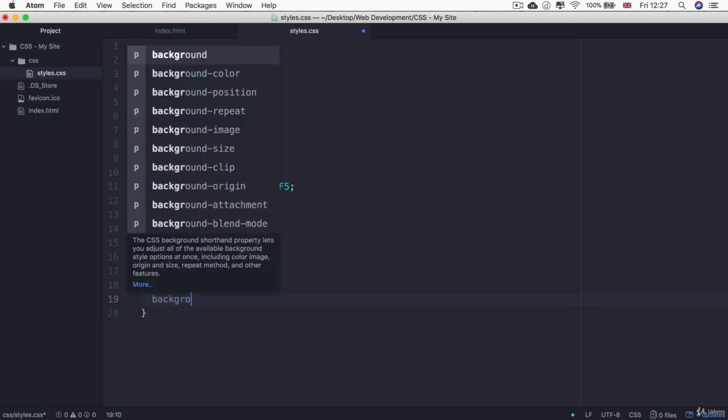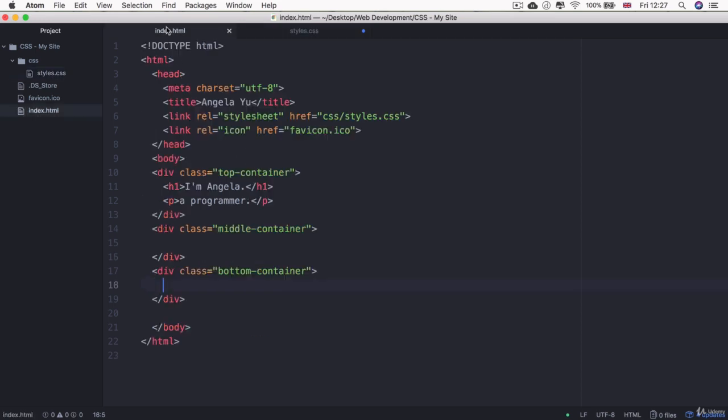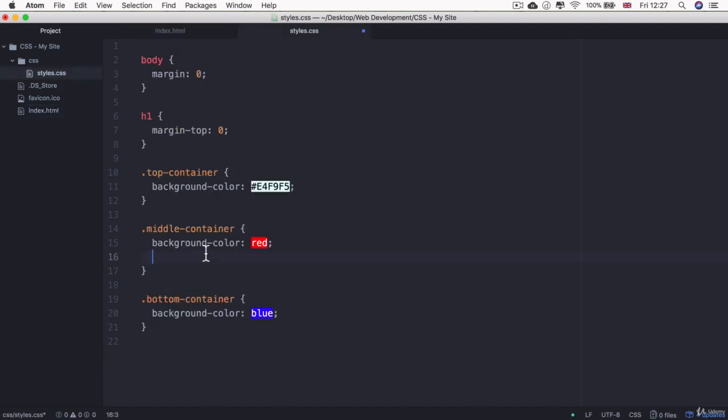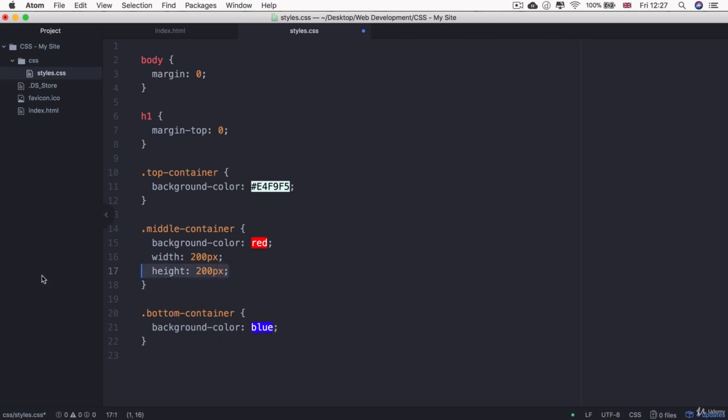And this one's background color will be blue, shall we? Hit save. And as we said, these two containers, because they don't have any content, won't have any dimensions unless we give it to them. So let's say that the middle container should have a width of 200 pixels and a height of 200 pixels as well. So now it's a box, and I'm just going to copy and paste that over to the